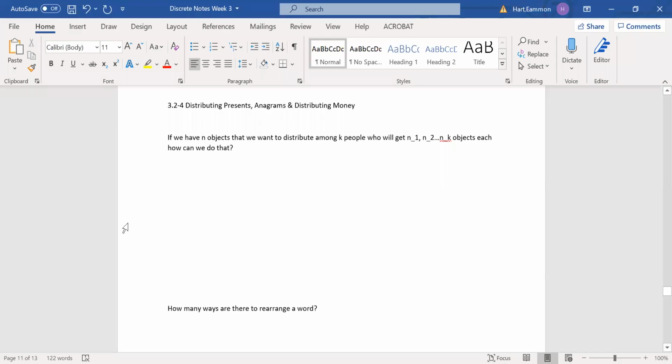Okay, so the last few sections are all kind of very similar to each other again. So 3.2 is framed in terms of distributing questions or distributing presents, but basically it's if I have n objects